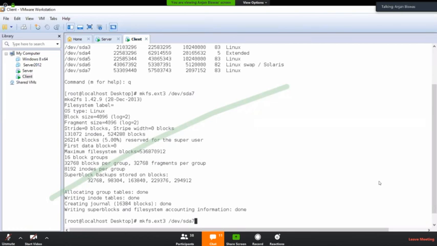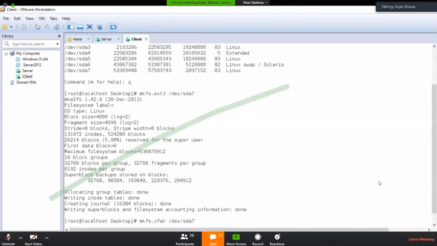In a Windows system, if you connect the pen drive and try to format it, it says it cannot be formatted. In that case, you just connect that pen drive to your Linux system and use the mkfs command. In that case, it will be vfat, meaning a Windows type file system, vfat.